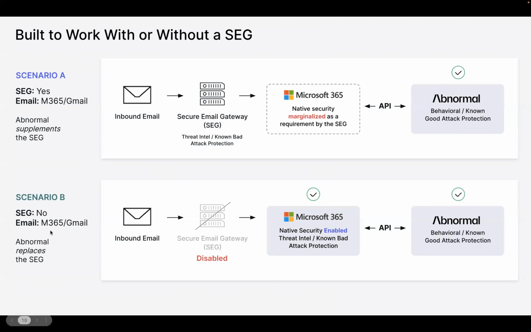In comparison, scenario B is, well, if we don't have an email gateway in place, right? A lot of our customers rely on Office 365, the Defender plans, Exchange Online Protection. Whether you're on E1, E3, or E5, we can definitely assist in the process of inspection where we can still connect to Microsoft and also identify these more advanced attacks.